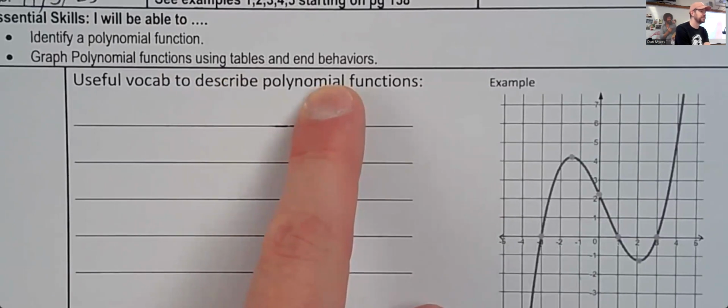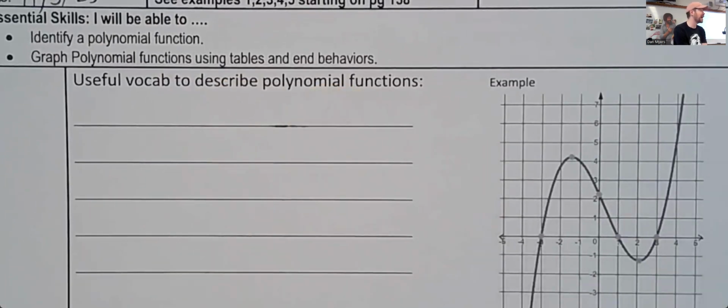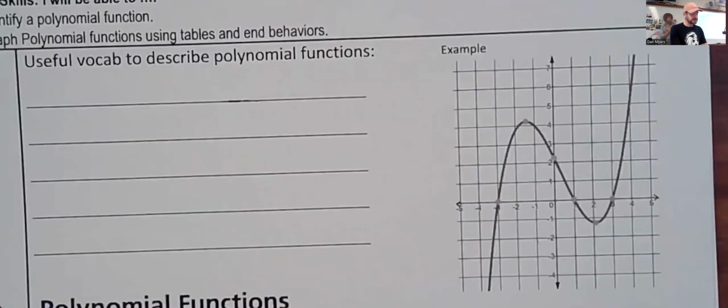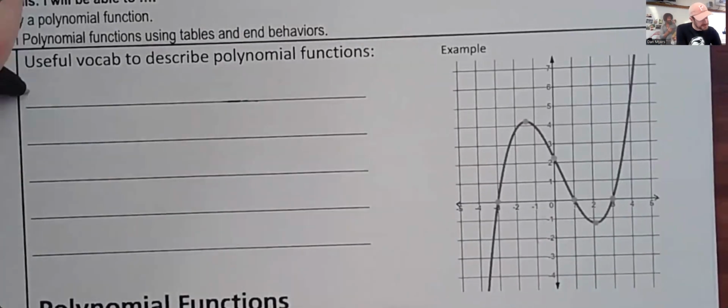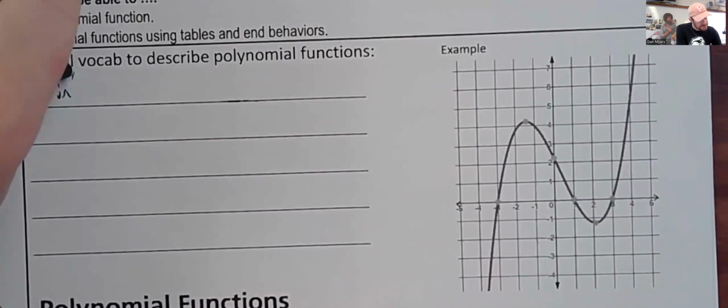And you're also going to be able to graph polynomial functions using tables and end behaviors. Tables would just be plugging in a value of x and getting a value of y, and then getting the general shape of the graph and graphing it, kind of like we do with quadratics, except these shapes look different. So some useful vocab would be x-intercept